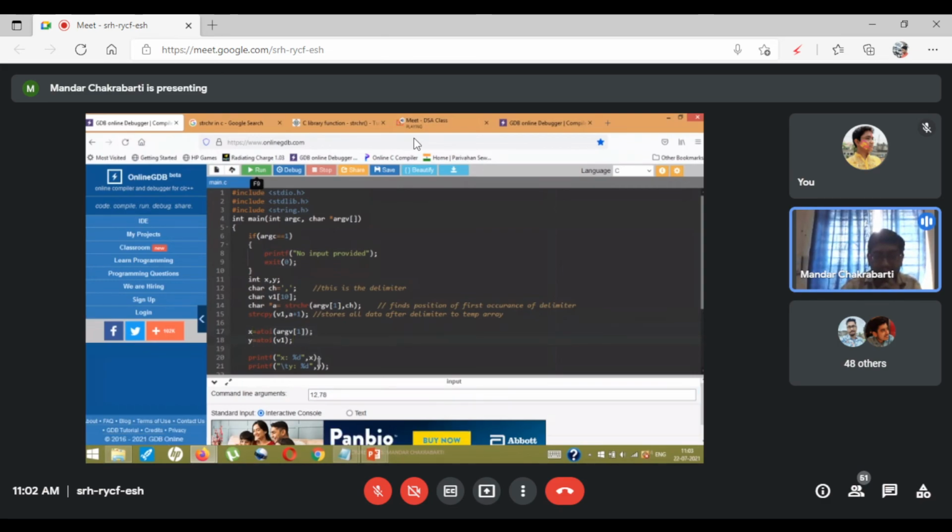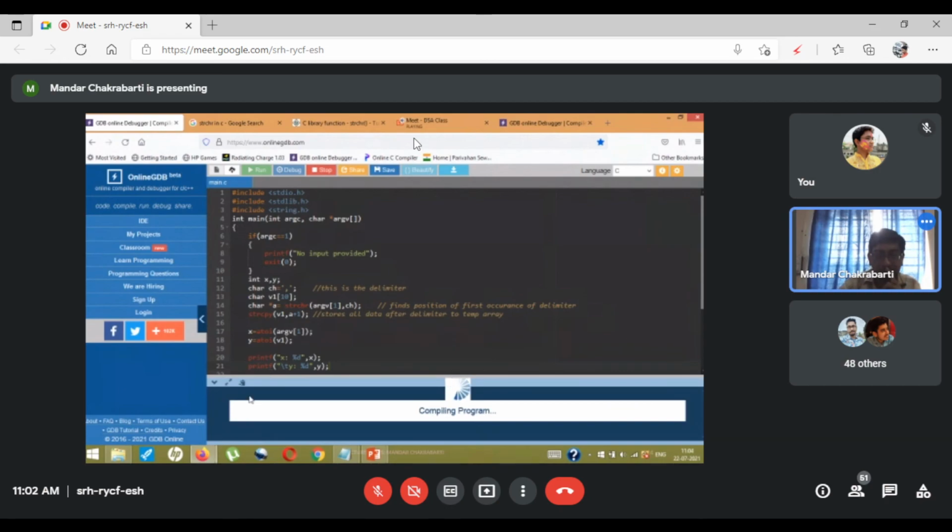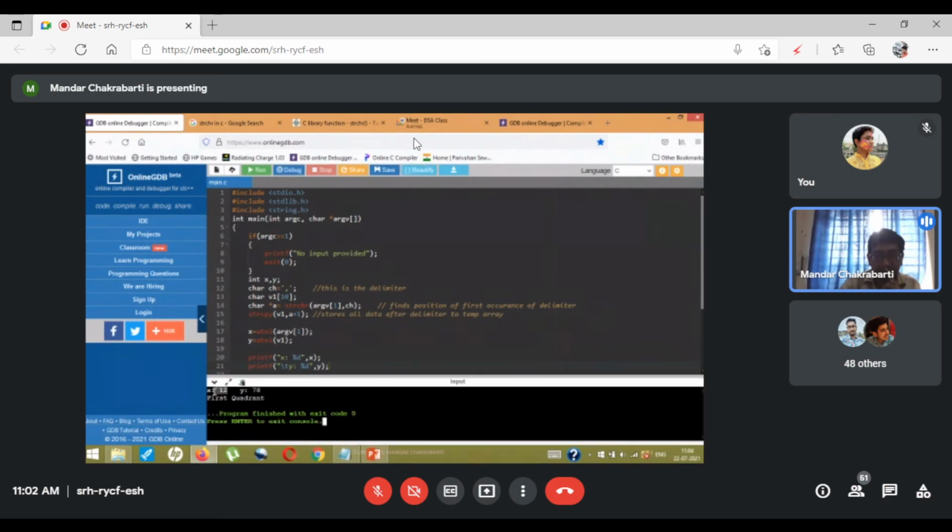Okay, so let's test right up till this much only. So I've printed the value of x and y. I've given 12,78, and let's run the code. So x is 12 and y is 78. Okay, so it has managed to extract the two digits separately. It has used the algorithm, and it has extracted x and y out.